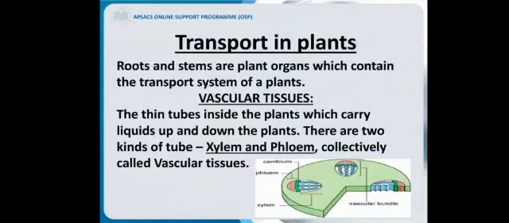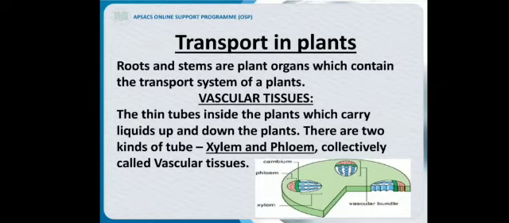Next is transport in plants. The transport system of a plant consists of two parts, that is roots and stems. Roots and stems are plant organs which contain the transport system of our plants. Now, the question arises, what are vascular tissues? The thin tubes inside the plants which carry liquids up and down the plants. There are two kinds of tubes present, that is xylem and phloem. Collectively, they are called